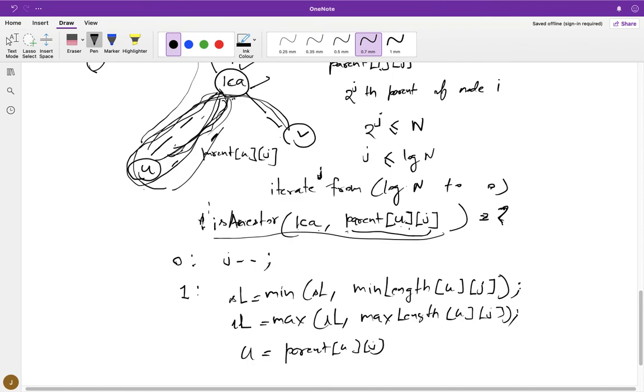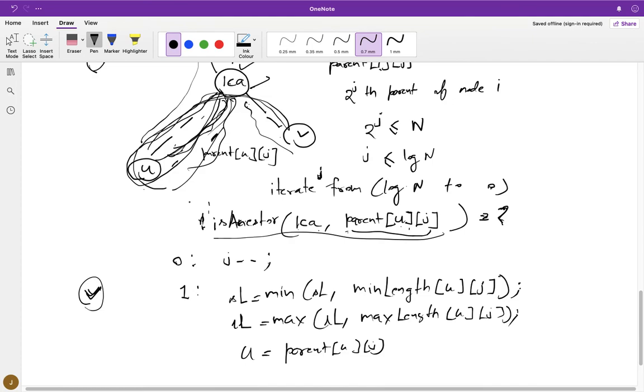You repeat the same thing for node v, and after that loop is complete, you would have calculated the shortest length and longest length for the whole path, and at the end you just return the pair.